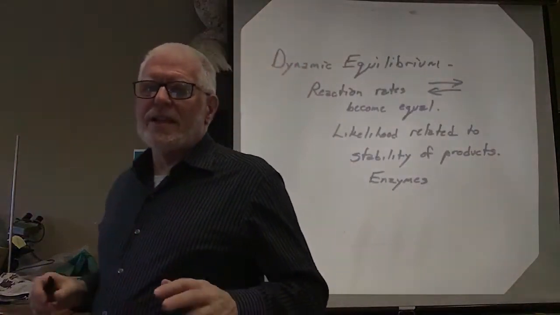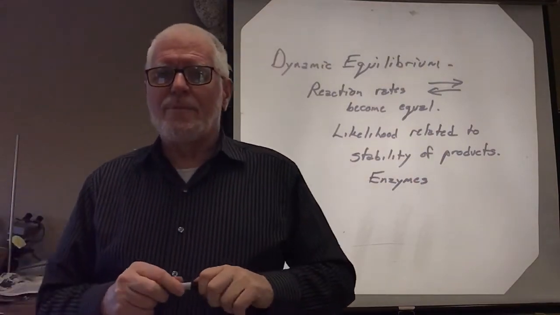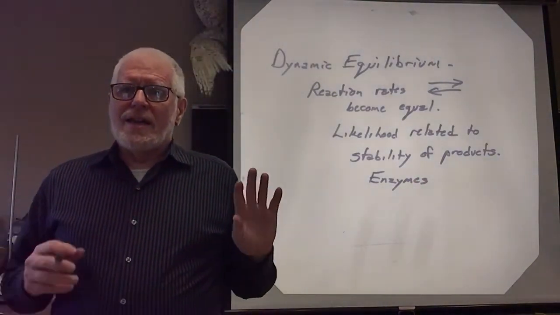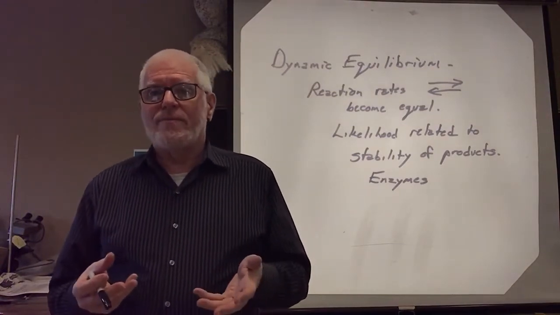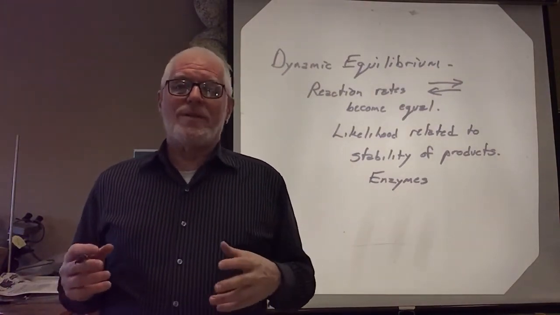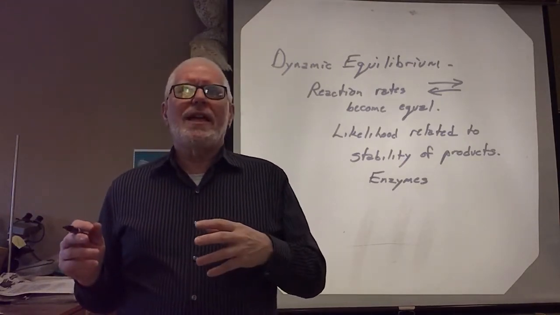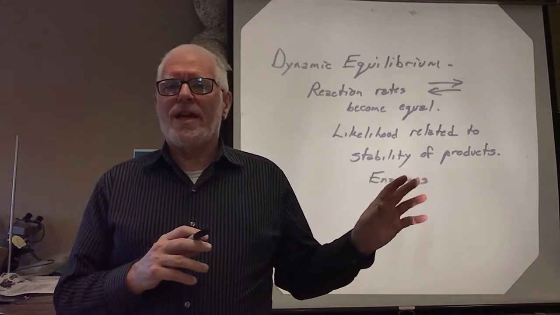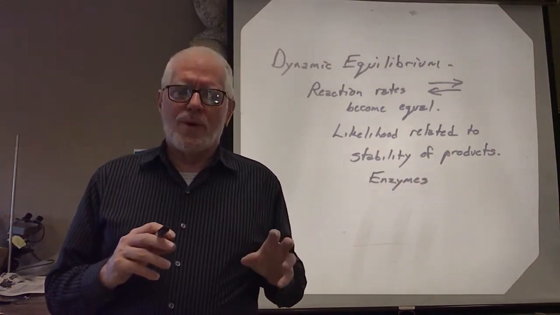Enzymes in cells catalyze reactions. They catalyze reactions in a particular direction. They take a reaction that is very unlikely to happen, and they help it. They don't help the reversal of the reaction. So you can push a rate forward, and the equilibrium point